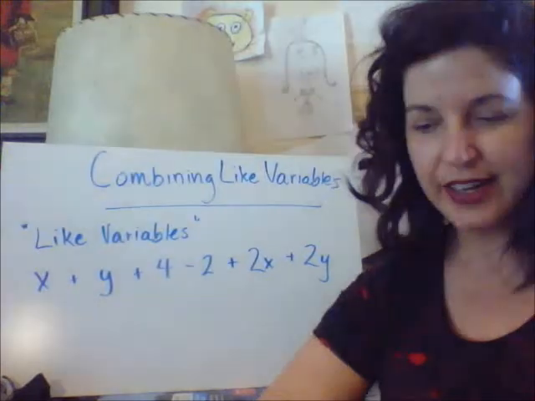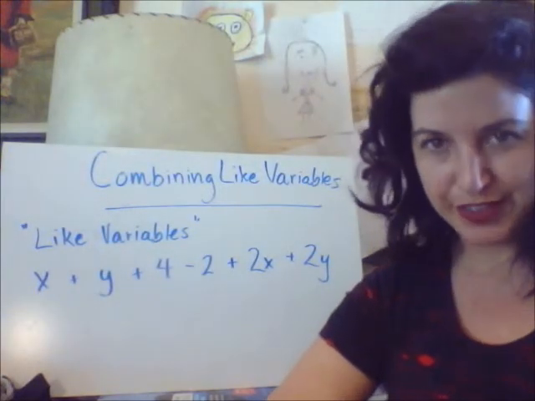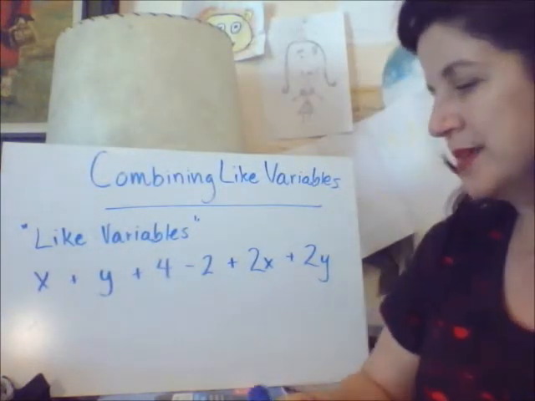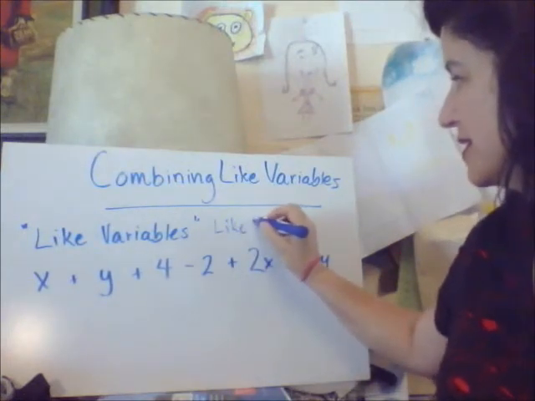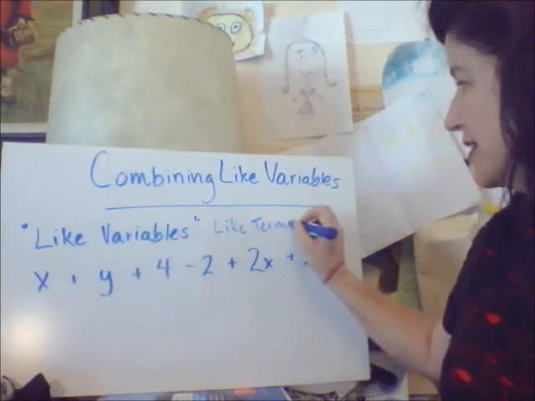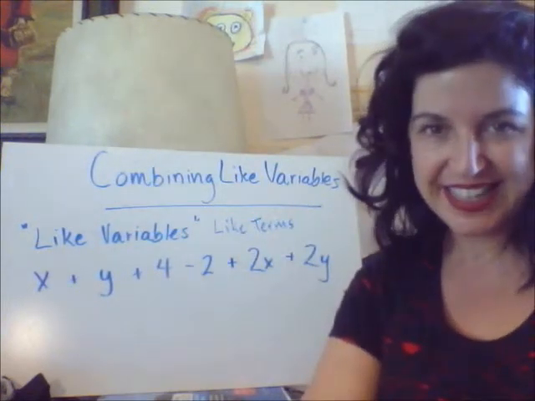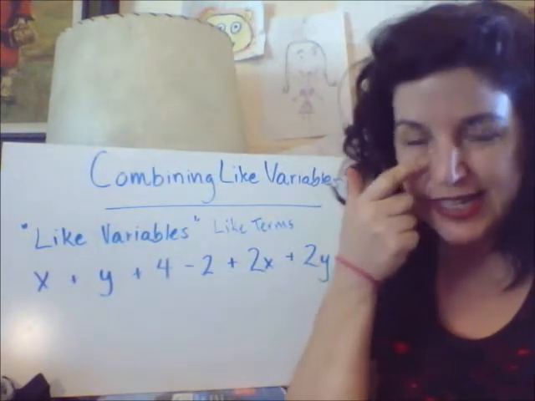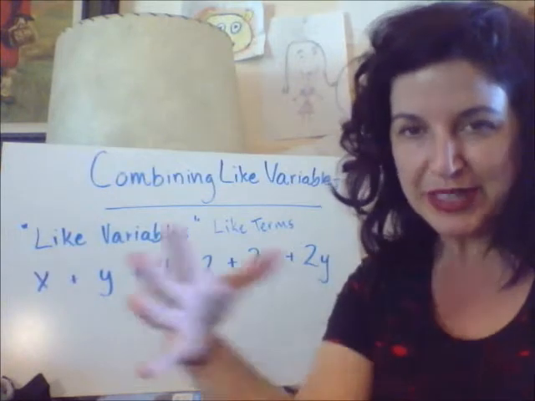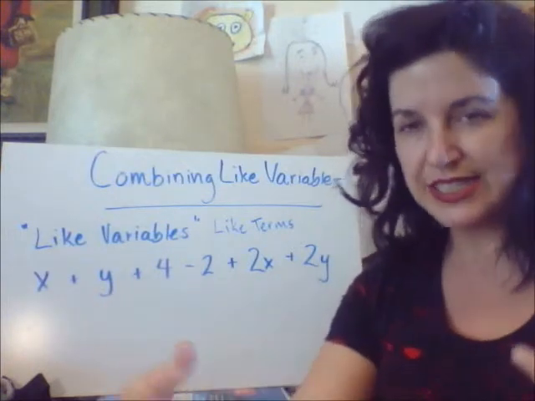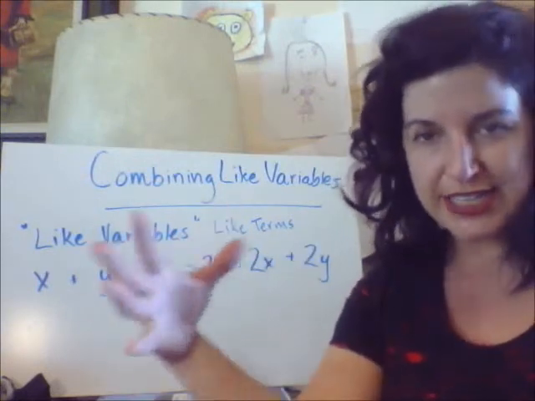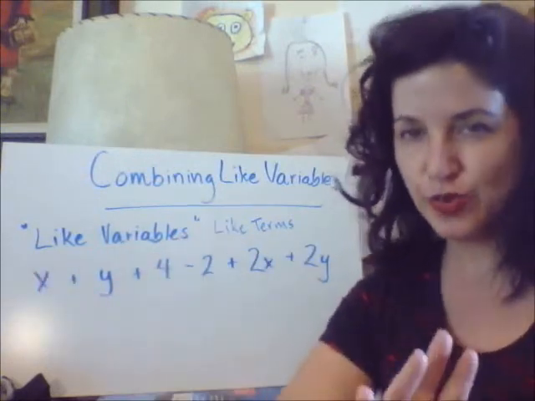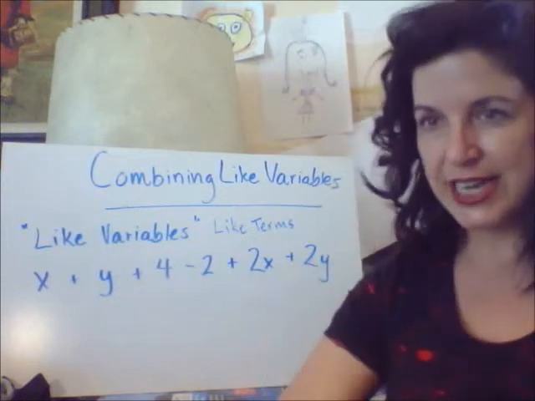And today we're talking about combining like variables. Another way to say it, sometimes you hear like terms. I mean the same thing, basically. So the idea with combining like terms is that you're really just trying to neaten or simplify an equation. You're not solving for it. You're just trying to combine the bits to make it short and sweet, easy to understand, and possibly